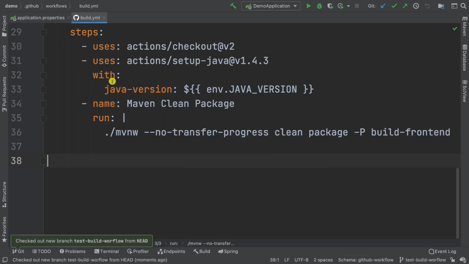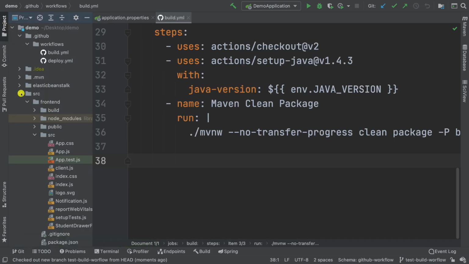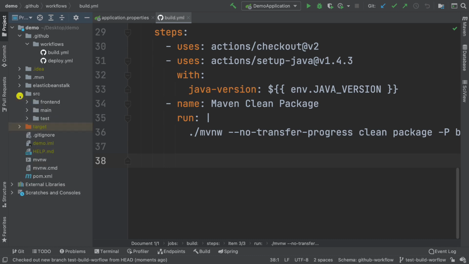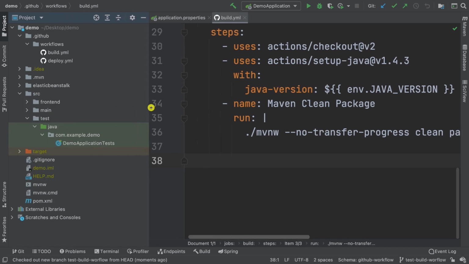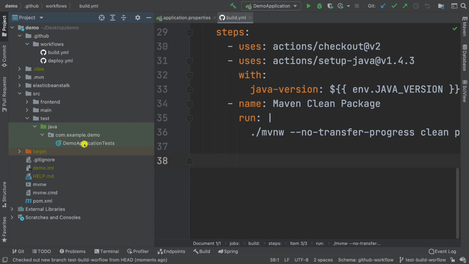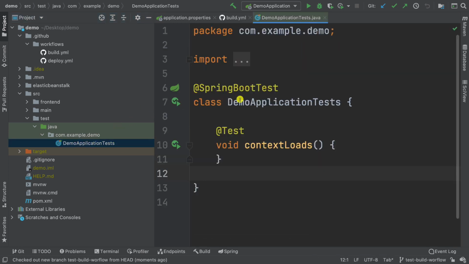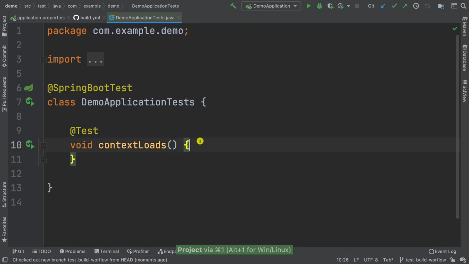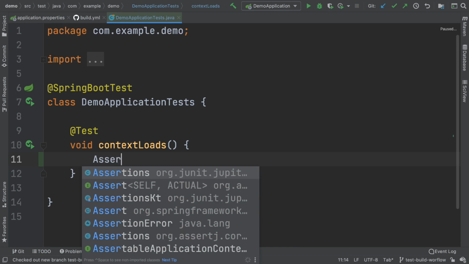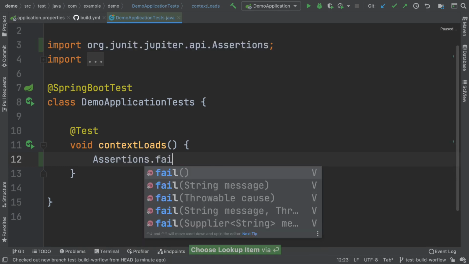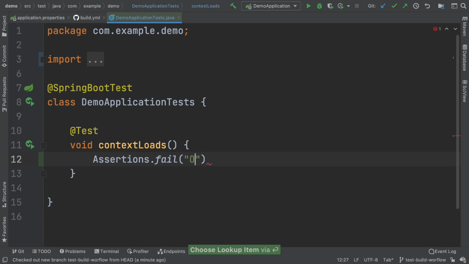Just like that. Now what I'm going to do is open up the project tab, and in here let's navigate to src, and then inside we have this test folder. So far we have this DemoApplicationTests, which doesn't do anything. So what I want you to do is in here, let's say Assertions.fail, and then I'm going to say "Oops, test failed",